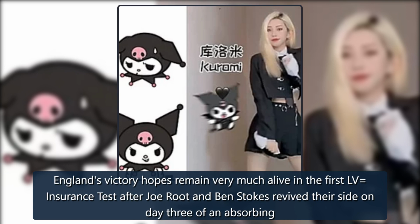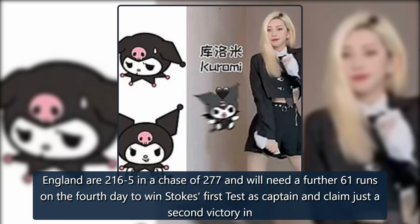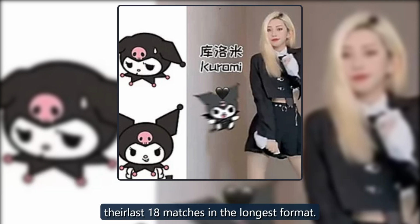England's victory hopes remain very much alive in the first LV= Insurance Test after Joe Root and Ben Stokes revived their side on Day 3 of an absorbing Lord's clash against New Zealand. England are 216-5 in a chase of 277 and will need a further 61 runs on the fourth day to win Stokes' first Test as captain and claim just a second victory in their last 18 matches in the longest